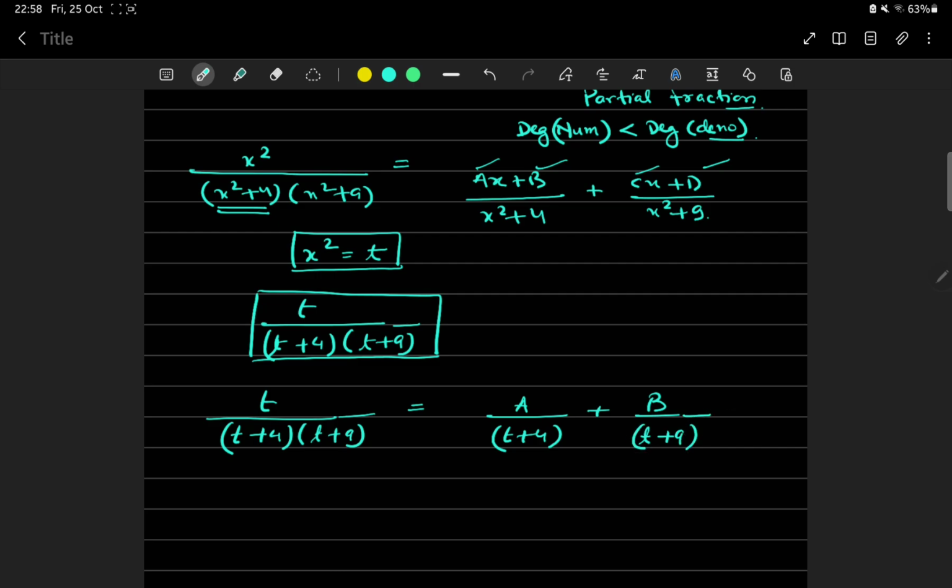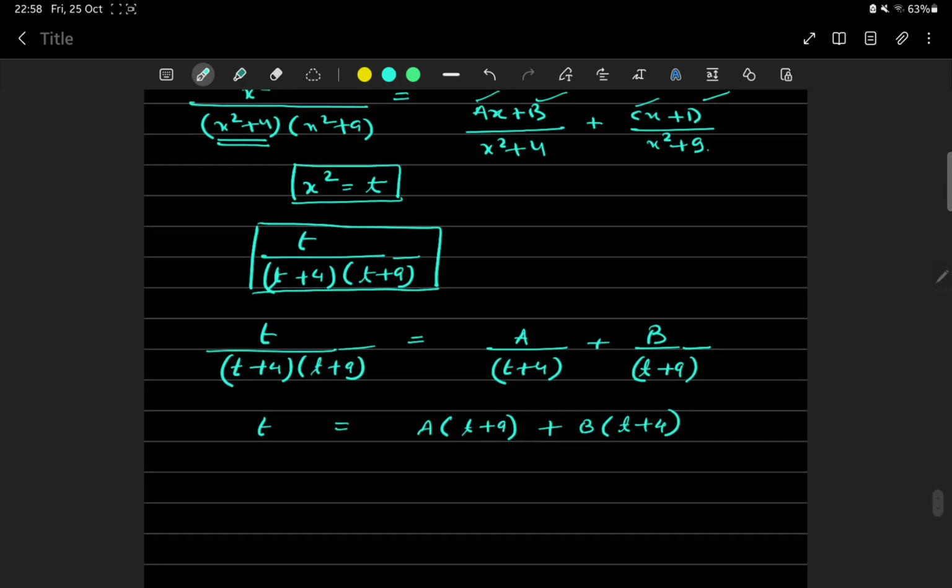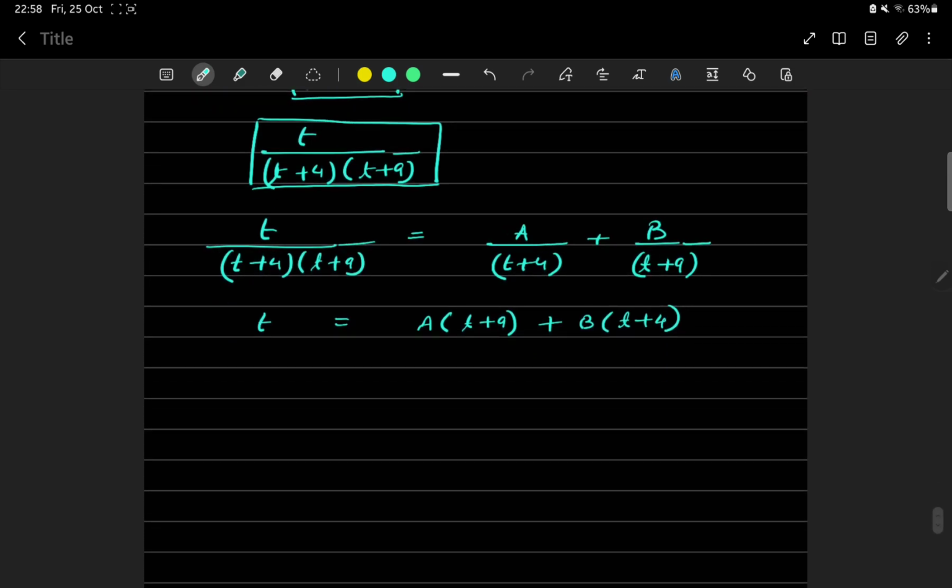Okay students, now we are only concerned with the numerator. In partial fractions we take the comparison of numerators only. So this will become A(t + 9) + B(t + 4). Now you can find the value of A and B using, first of all,